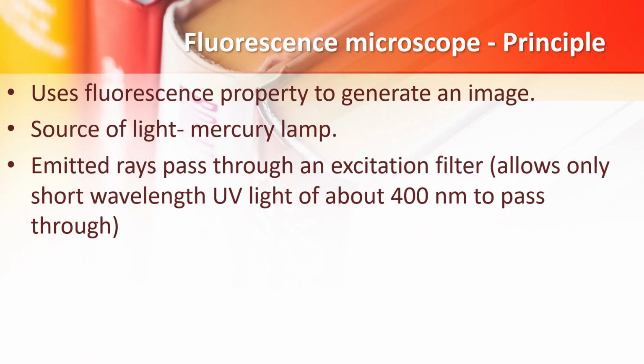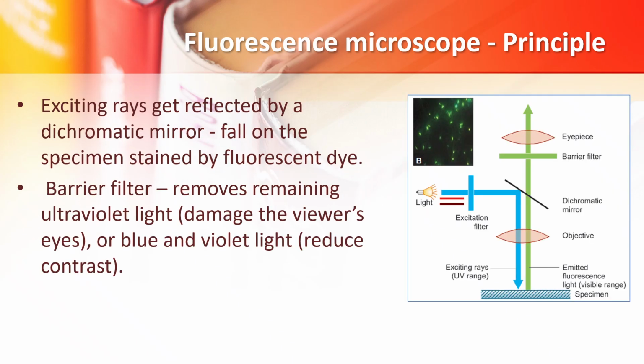Then next is fluorescence microscope. It uses the fluorescence property to generate an image. The source of light is a mercuric lamp. Emitted rays pass through an excitation filter, which will only allow short wavelength UV light of about 400 nanometer to pass through. Then the excited rays get reflected by a dichromatic mirror and fall on a specimen which is